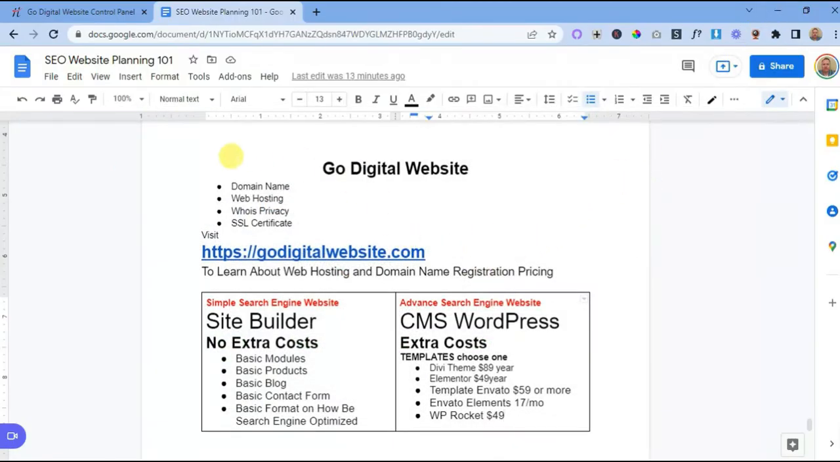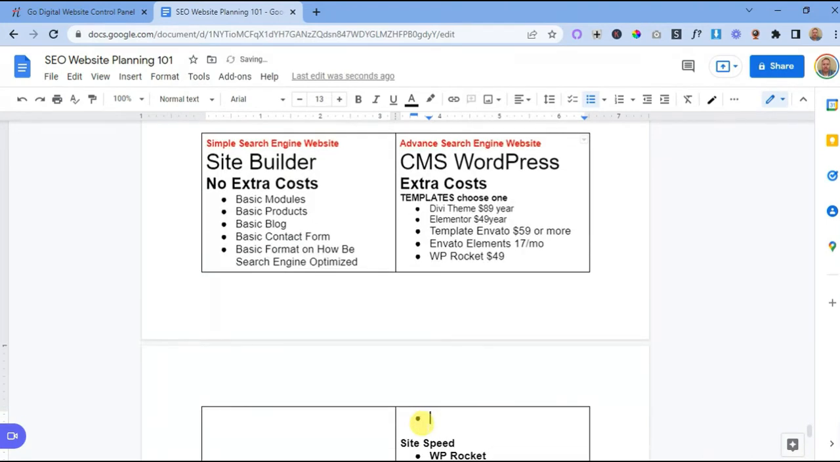As you can see, this website is a simple search engine website made with Site Builder through godigitalwebsite.com. We have no extra cost for basic modules, basic products, basic blog, basic contact form, basic format, and how to be search engine optimized. And it's possible to make an advanced search engine website, but to make a